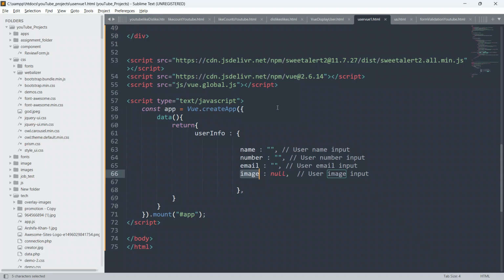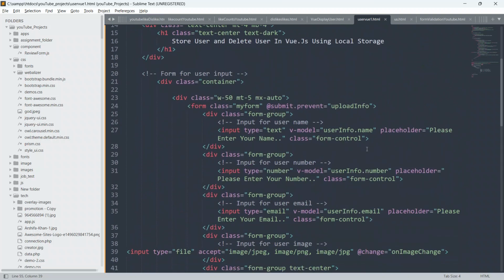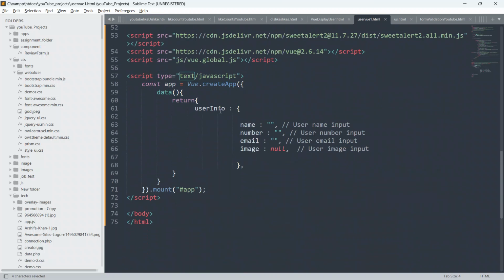So let me go to the HTML part, I mean the form part. As you can see here, I have already explained, always remember why we used v-model in our previous example. I have used a lot of v-models in our previous example, just to do two-way data binding. We generally use v-model to do two-way data binding from this input field to this Vue.js code.